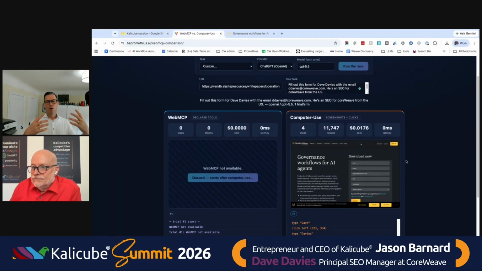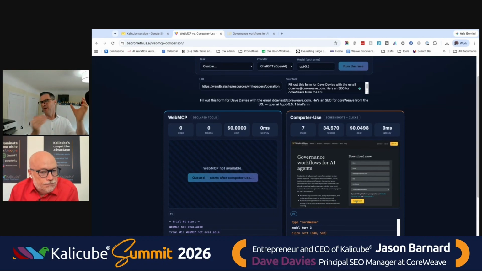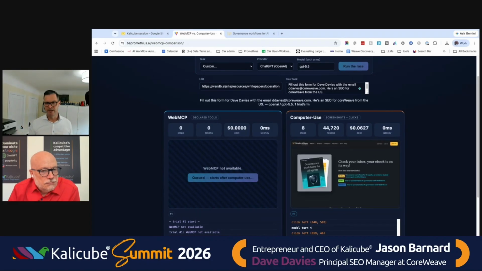So what's now happening is it's going to finish up on this side, computer use, and it's going to let me know when it's done. So we can see the token counts going up there. We can see the cost going up. Once it's done over here, it's then going to grab the form on the other side. It's going to look at the form, it's called a shim, and it's going to turn that into WebMCP and then simulate what that would have looked like with WebMCP. How difficult would that have been?